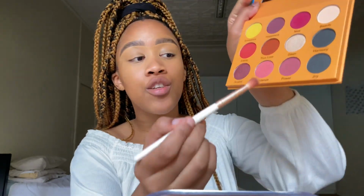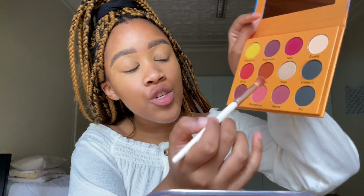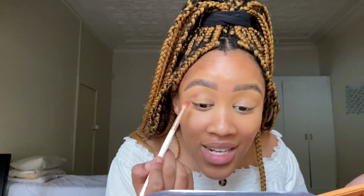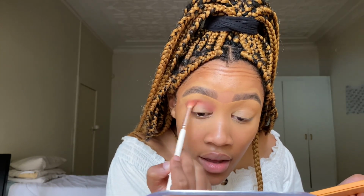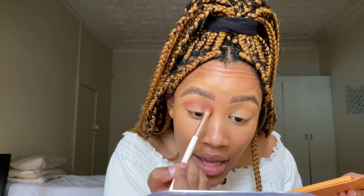Shout out. And I'm just going to put my brush into Power, and I'm going to use Power as a transition color, and I'm just going to work my way slowly. What is that? Pigment, honey. Pigment. That's on pigment. And I'm just going to put that color in there. And yeah guys,